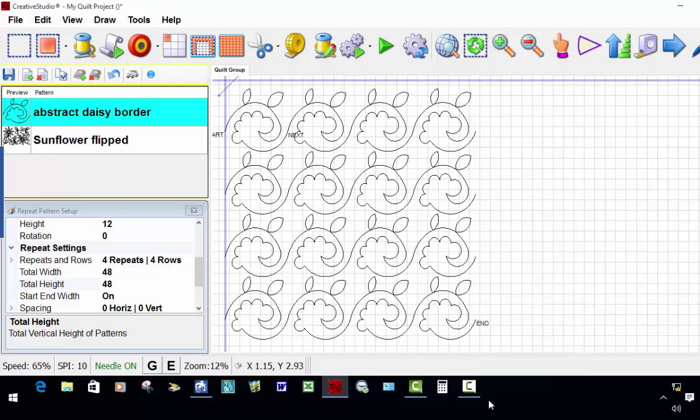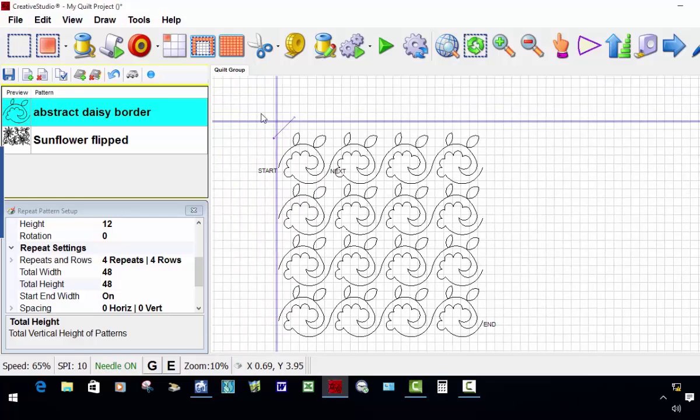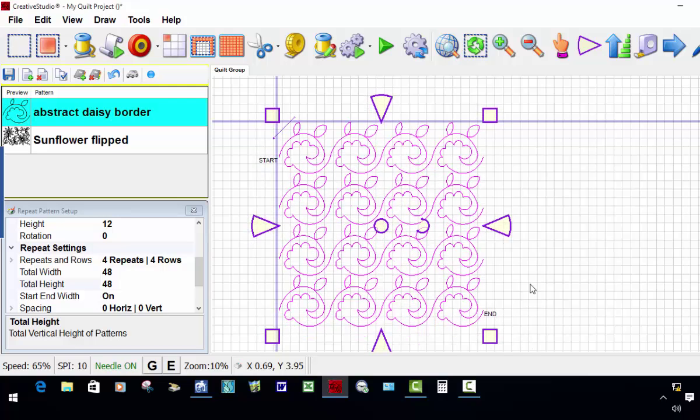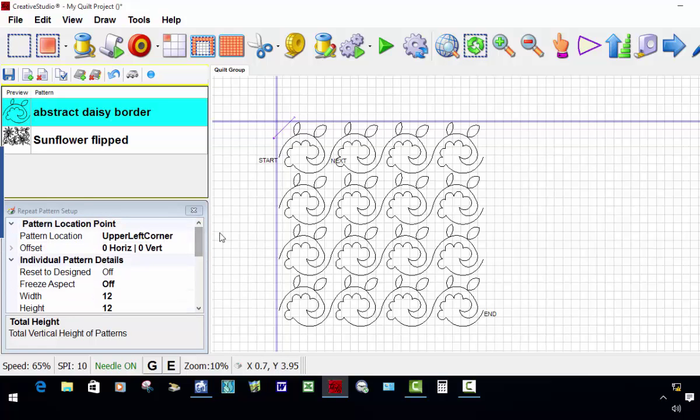Now, what I want to do here is just demo the idea. I'm going to move these up. I'm going to demo the idea that I can change the speed. I have the stitches per inch on this should be set at 12. So I'm going to click on